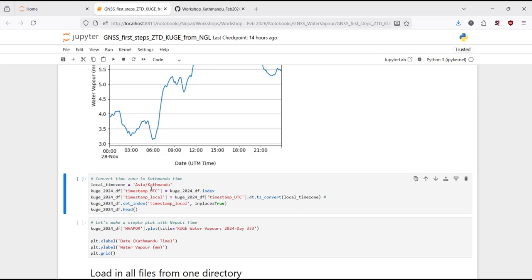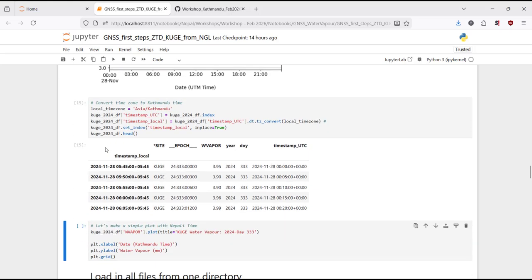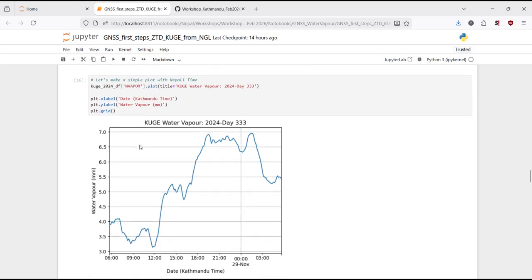And that step would allow you to, now we have plus 545. And so it means that we have converted our time series into Kathmandu time. And if we now replot it, we have different times, and now you can associate it with the times that